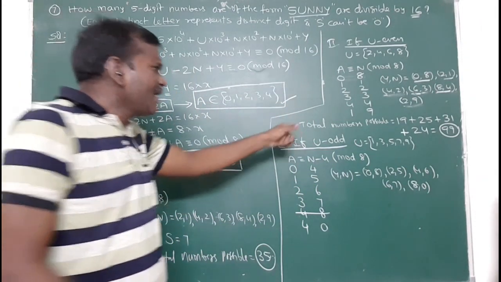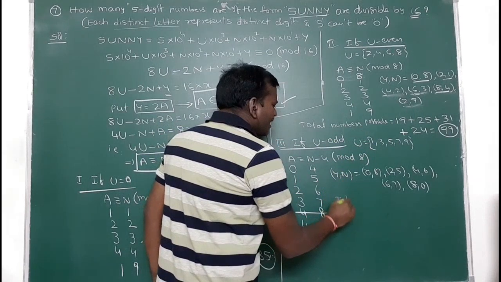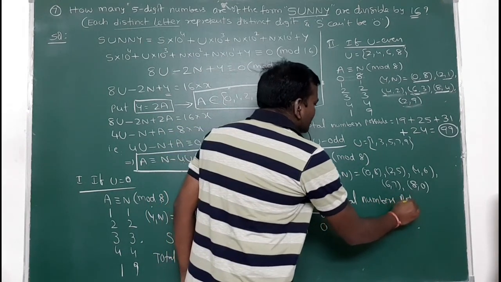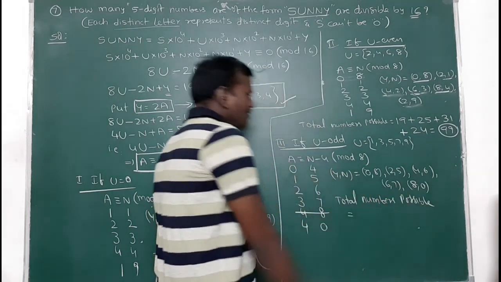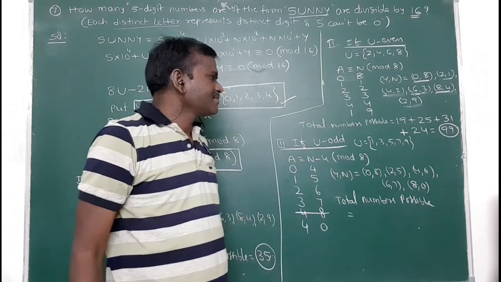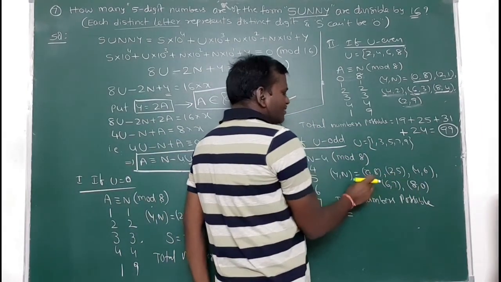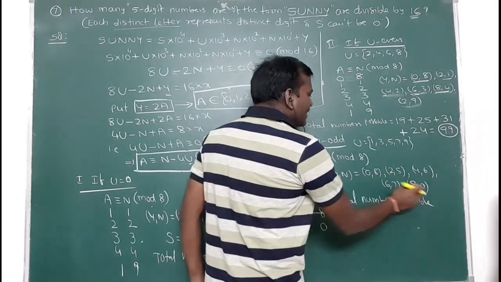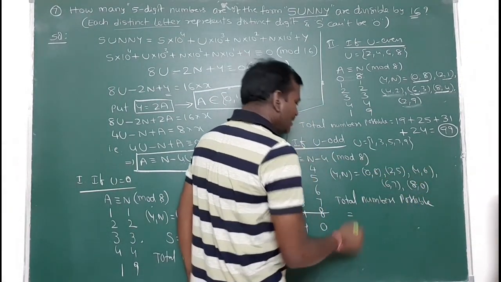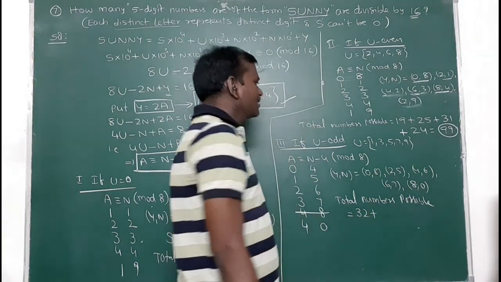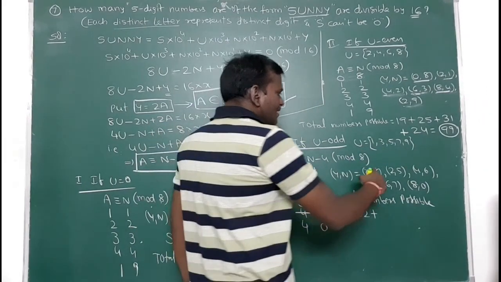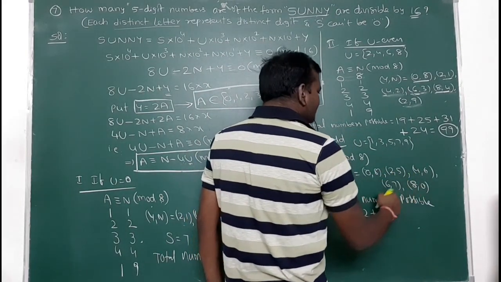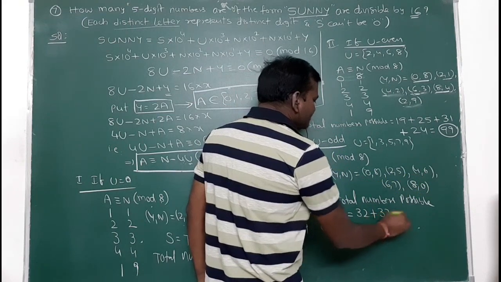So again, total number of possibilities I am counting as usual, as in the previous question. Total numbers possible here. If u is equal to 1 is taken, 1 is not there here. So 0 means 7 possibilities are there. 7, 6, 6, 6, 7. That means 14 plus 18, which is 32. Plus, if u is equal to 3 is taken, 3 is also not there here. So 32 possibilities are there again.